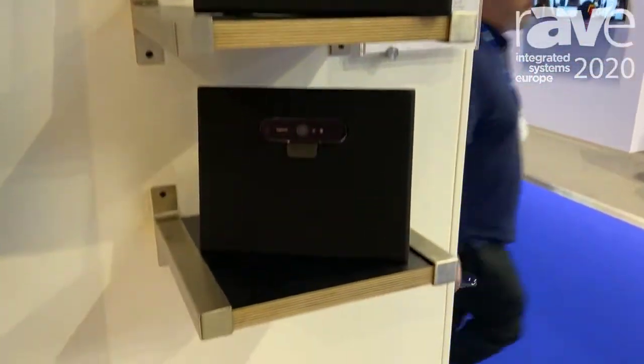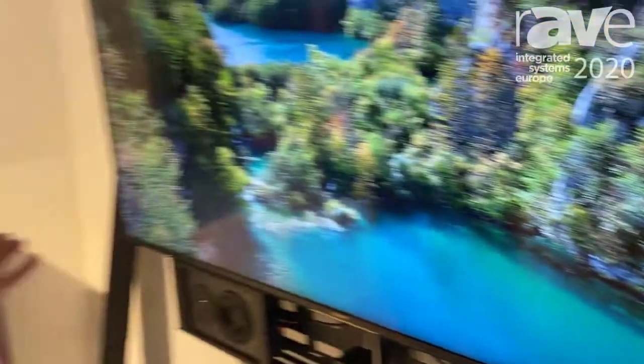So the point here is that we've got a product that's super flexible, that allows you to do video conferencing in small huddle spaces with the ability to mount electronics behind a speaker grill that is custom fit to the